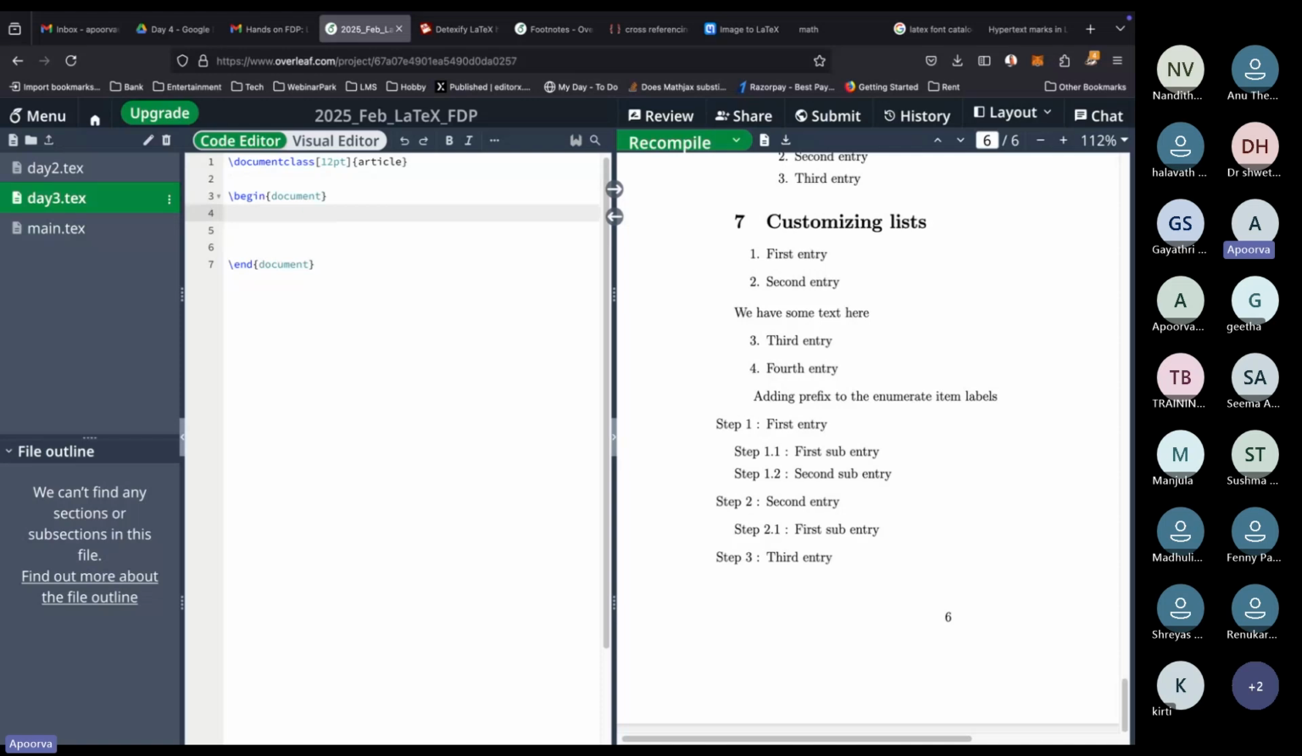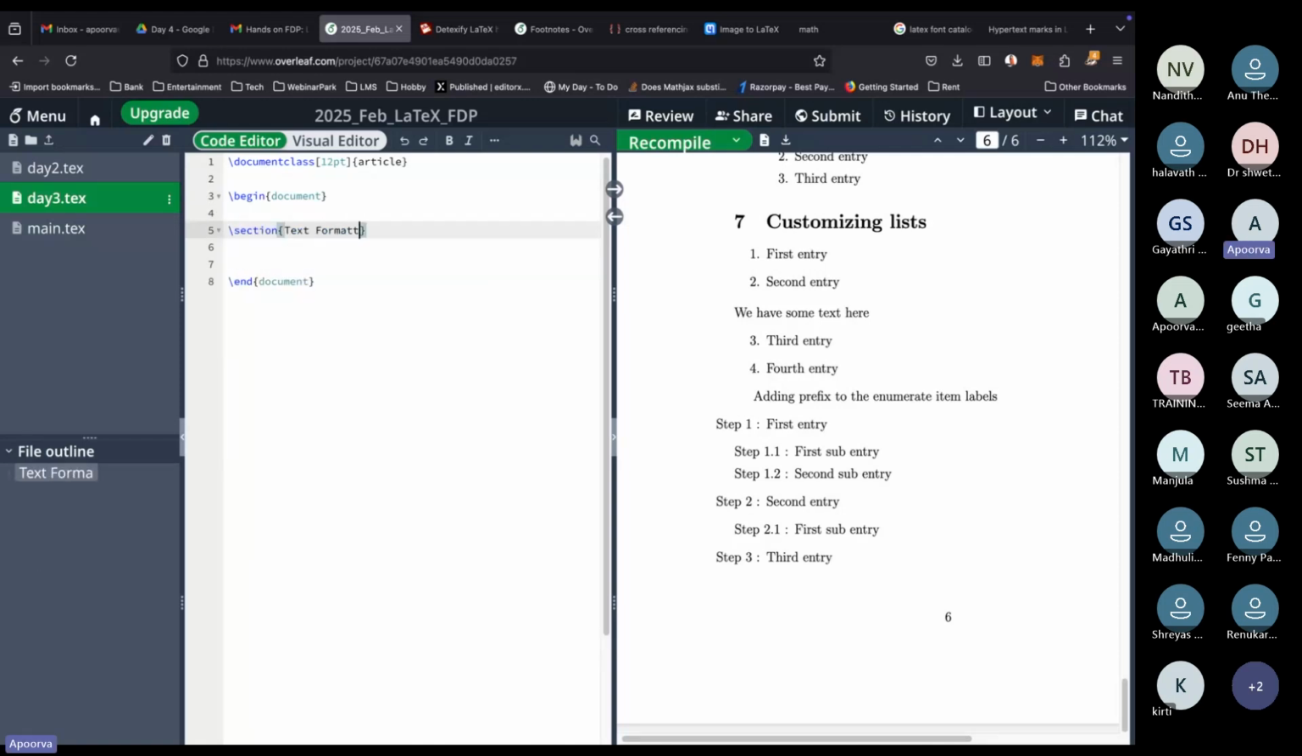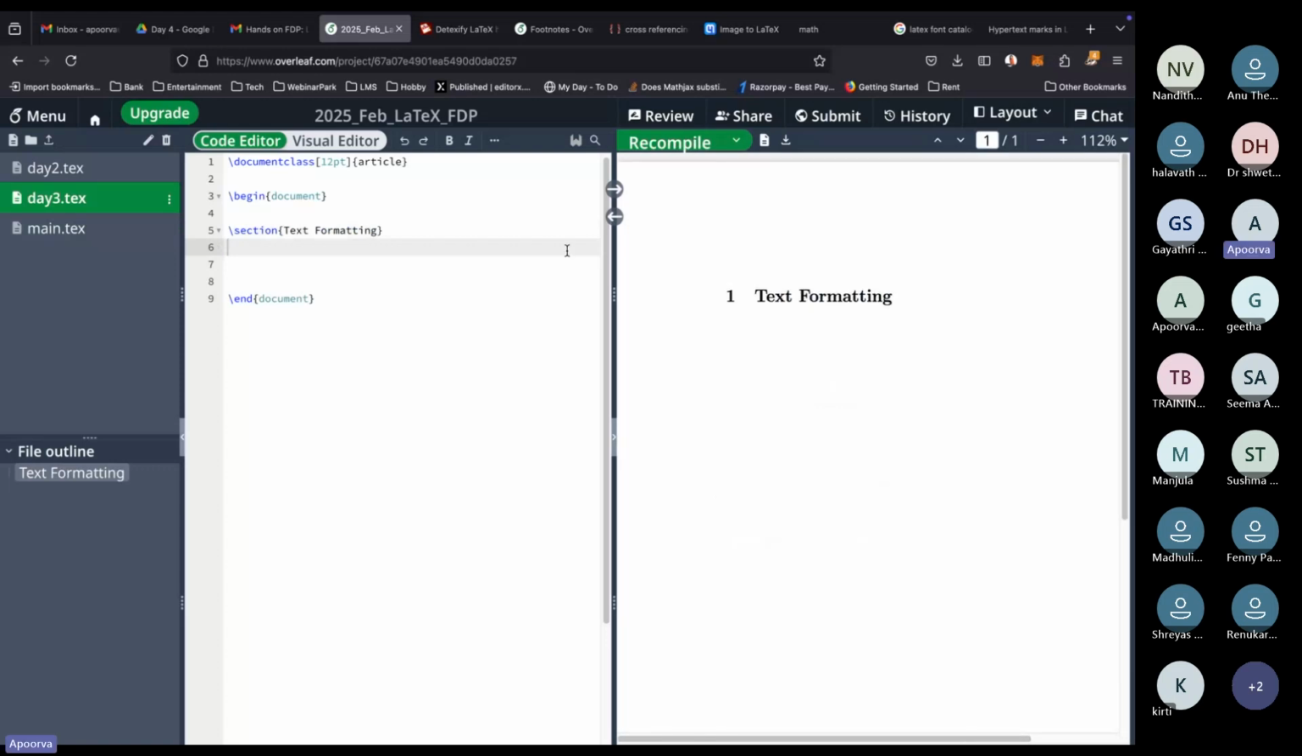So let's start with a section called text formatting. Right? So what we'll do is simple text formatting as you would do in Word. For instance, the first thing is we will look into ways how we can emphasize our text. Okay. So to emphasize,